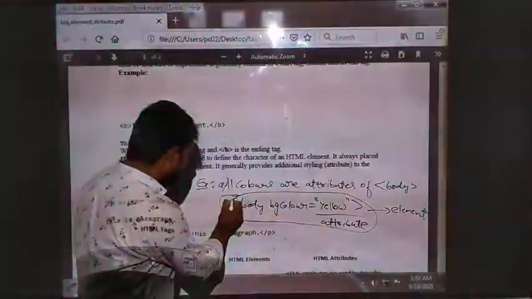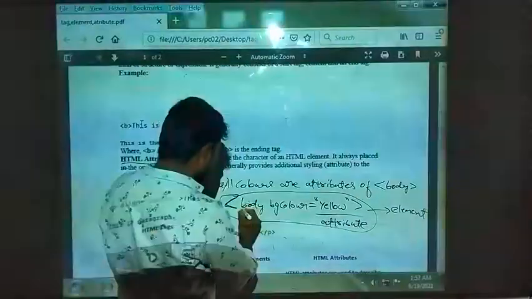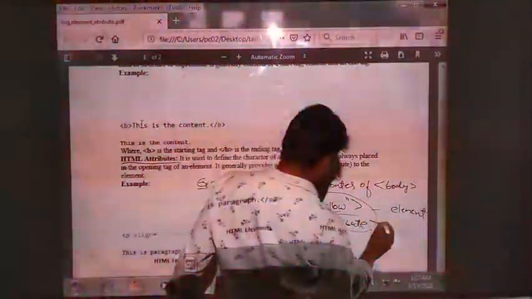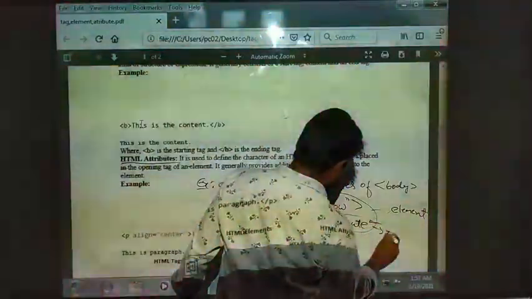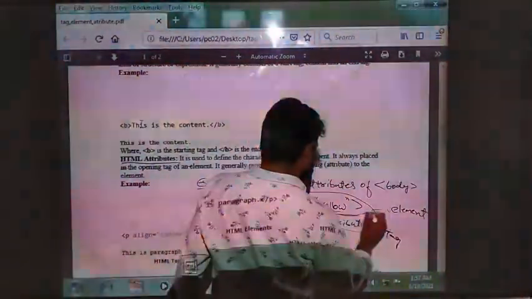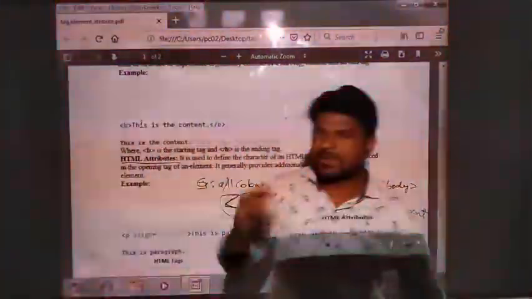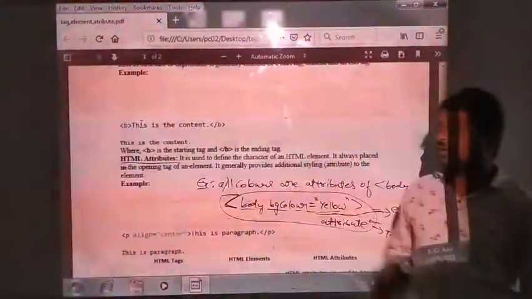So this is an HTML tag. This completely is a tag. This is an element. The inside matter is the element, from here to here. Completely it describes the speciality of that particular tag.